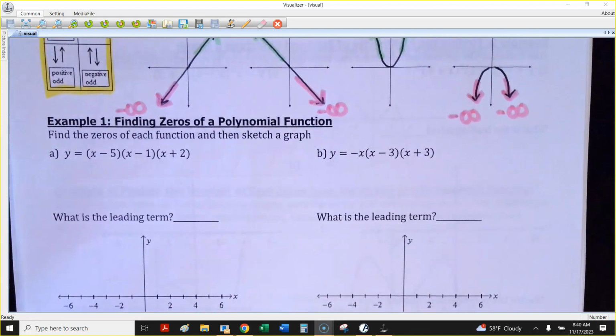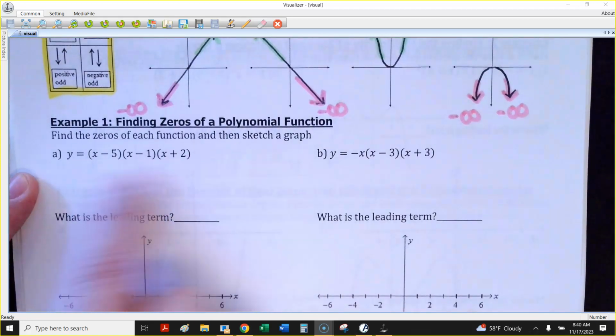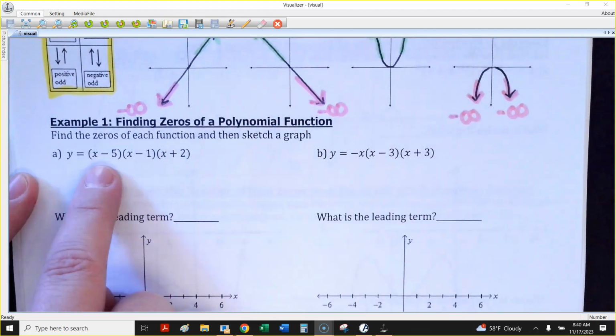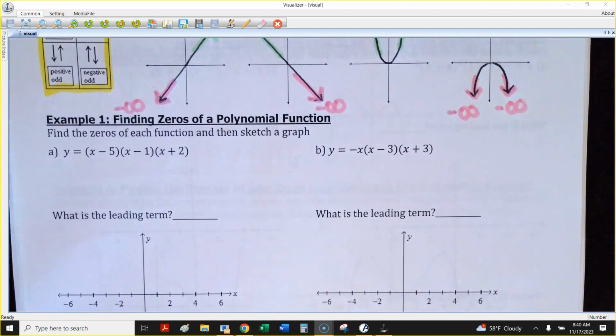But if I multiplied out, like we were doing yesterday, so I have x minus 5, x minus 1, x plus 2, if I multiplied that all out and I put it in standard form, does anybody know what the very first term would be that you would write down? If I multiplied it all out,